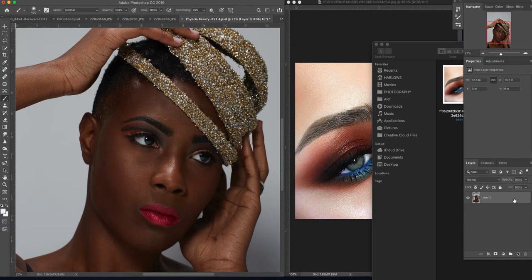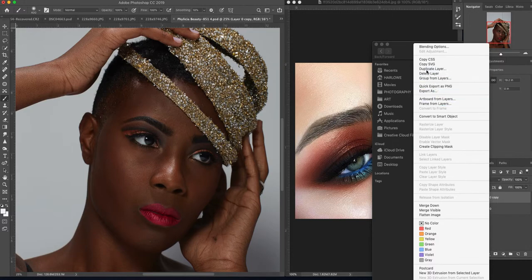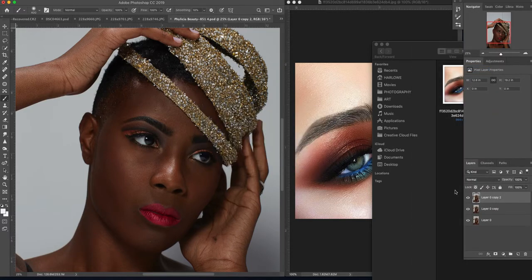Okay, so we have our base layer. We want to duplicate that and basically go straight into frequency separation. Okay, I'm gonna do it by the book. Low, high,